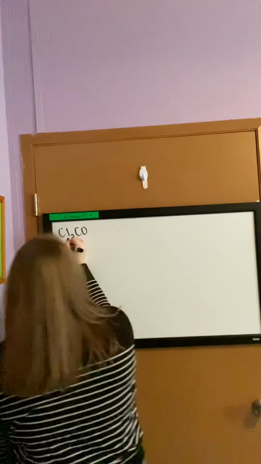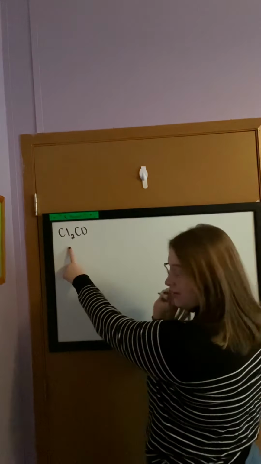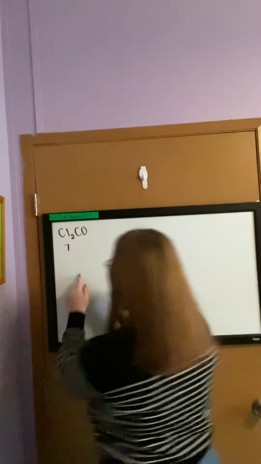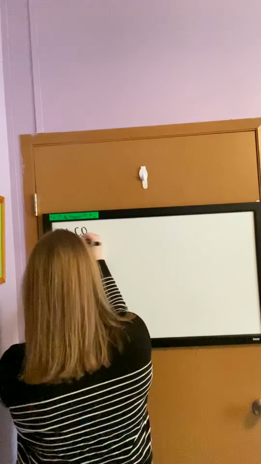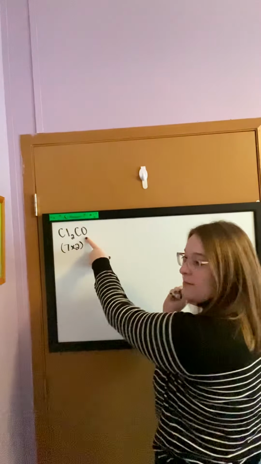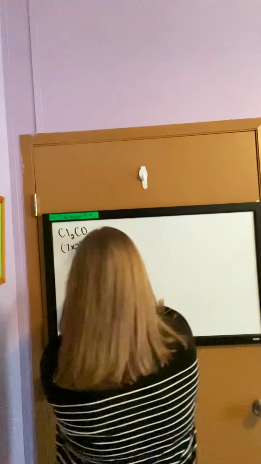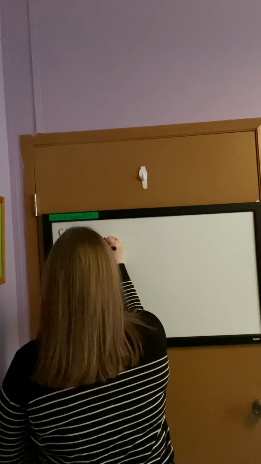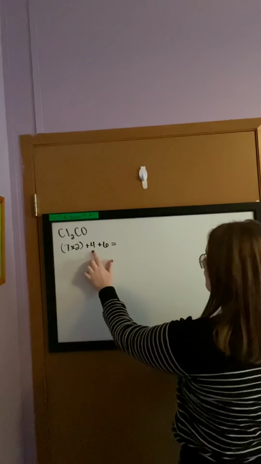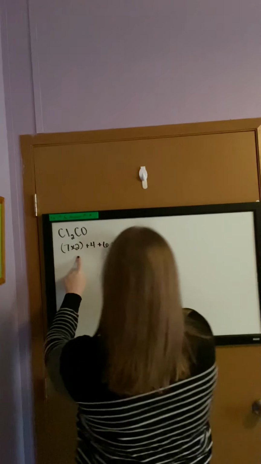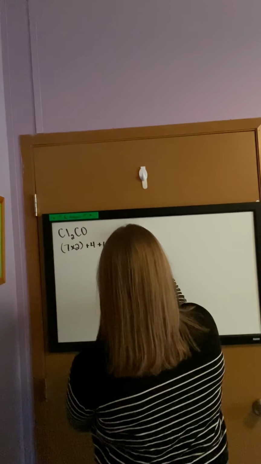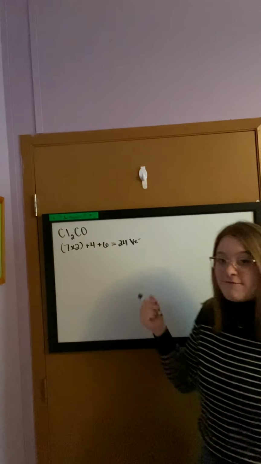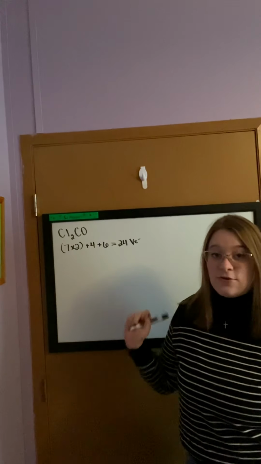Chlorine has 7 valence electrons, and since there are 2 chlorines, we need to multiply by 2. Now we need to add in how many valence electrons carbon has, and carbon has 4, and oxygen has 6. So we are going to get a total of 10, 14, 24 valence electrons. 24 valence electrons. So now that we know how many valence electrons we have, we are going to start building